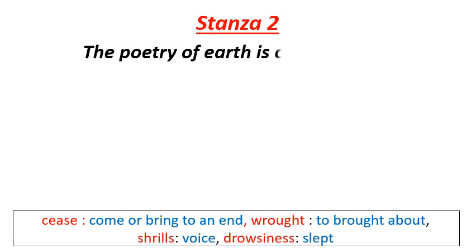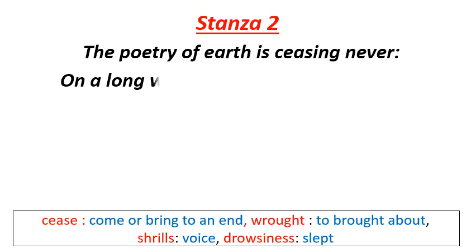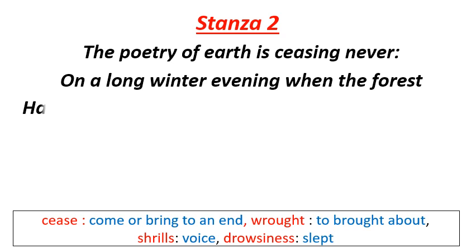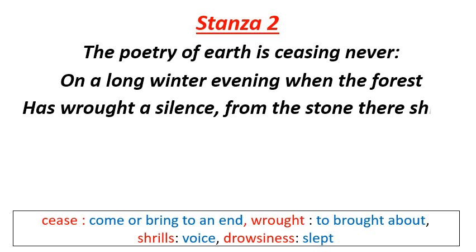The poetry of earth is ceasing never. Cease means come to an end. On a lone winter evening, when the frost has wrought a silence, from the stone there shrills. Wrought means brought about. Shrills means voice. The poet says that the poetry of earth is never ceasing, that is, never comes to an end,